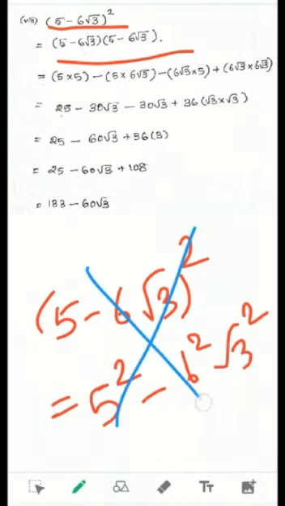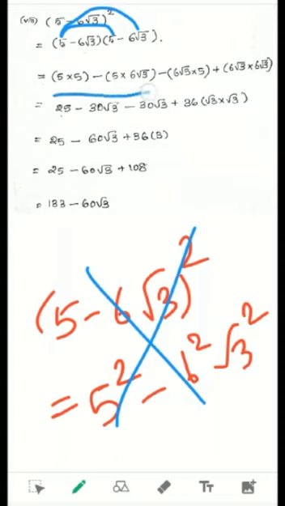Okay, so square in the sense we want to multiply the given number twice. Now look here. I write the given number twice: (5 minus 6√3) into (5 minus 6√3). Now we want to multiply. I already taught you this in algebra; the same algebraic procedure we can apply for irrational numbers also. Just multiply the first number with the first number and then multiply the first number with the second number. So how can you write the first step?